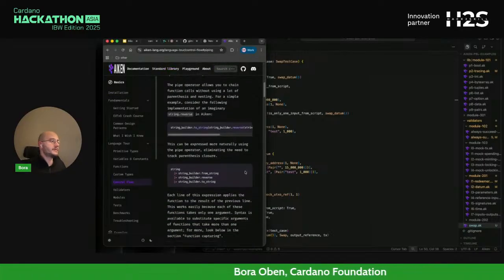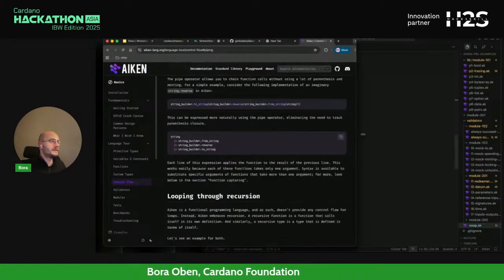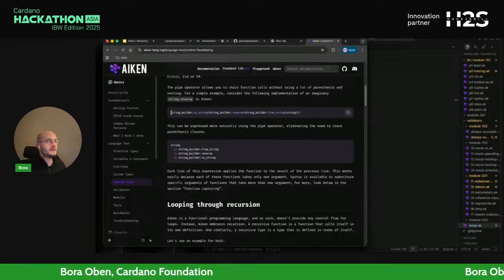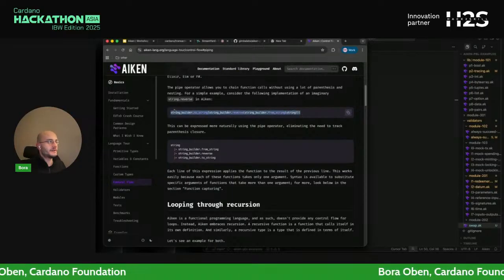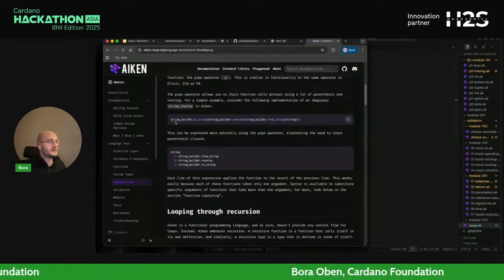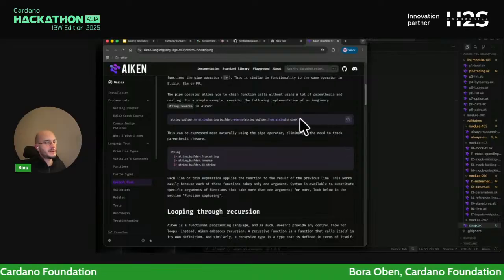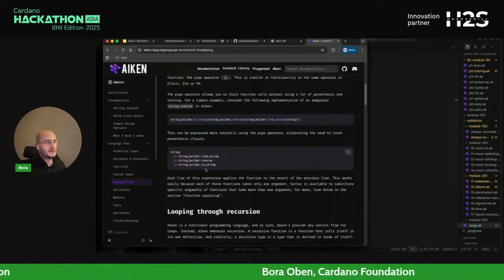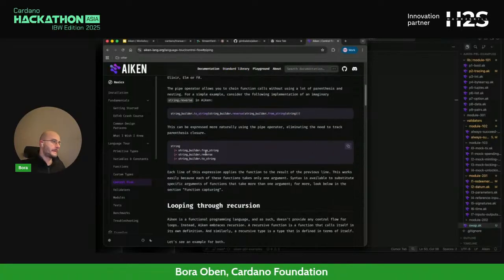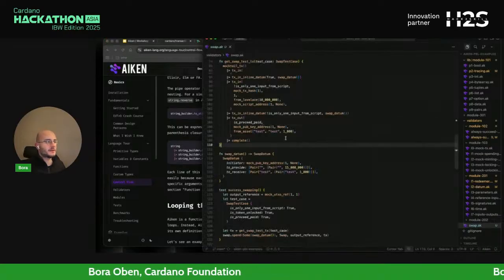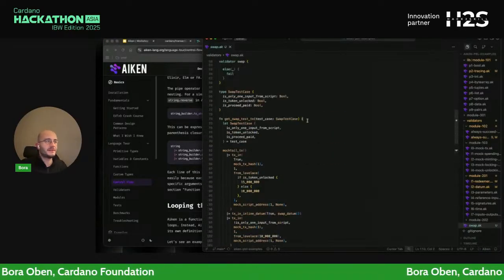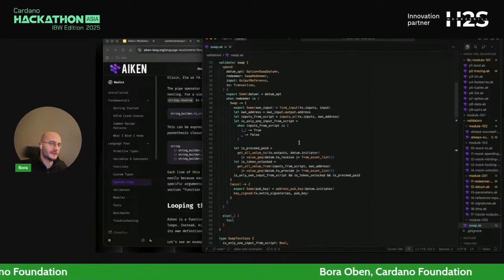Yes, so here you can see it better. So instead of writing this function like this, or this call like this, these two are equivalent in logic. So this piping operation evaluates to the same thing as this one. So it's a way to kind of keep track of what's happening in a bit more sophisticated way and a cleaner way.